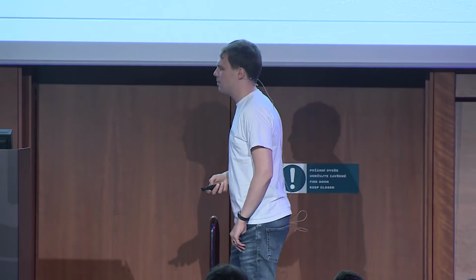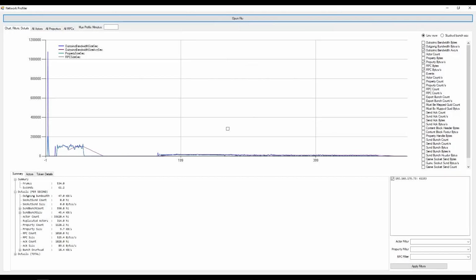So gameplay tags didn't make much sense, movement didn't make much sense whatsoever, but now abilities related to trees, no, I don't think that is the issue at hand here. So let's take a closer look at the graph again, and let's note that this is maybe not what we want to capture here. This is a huge spike, which is most probably related to the initialization of the game, like the initial replication of all the actors that is happening here.